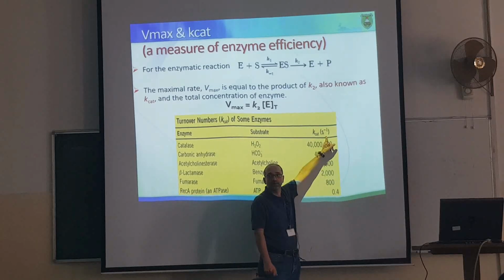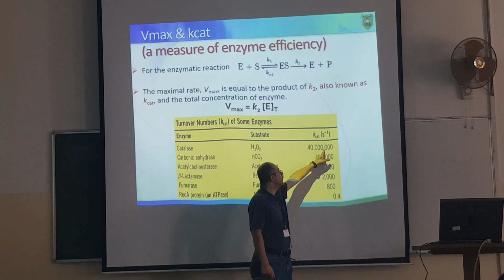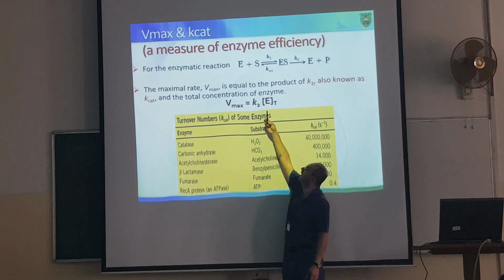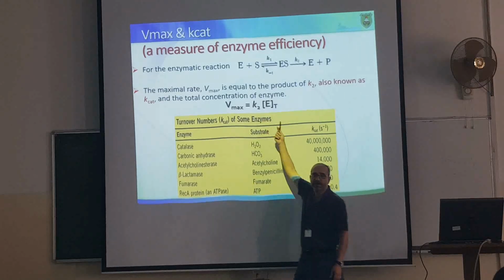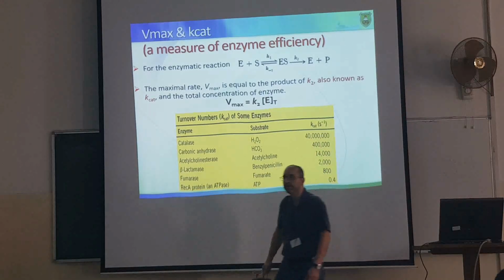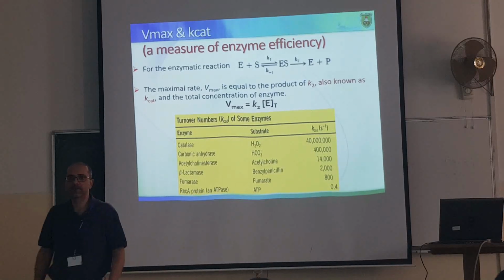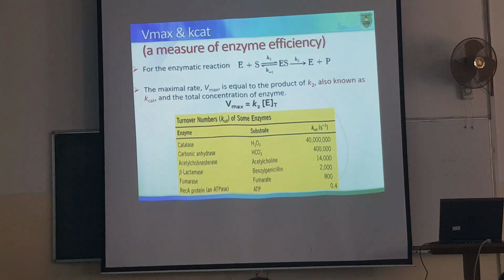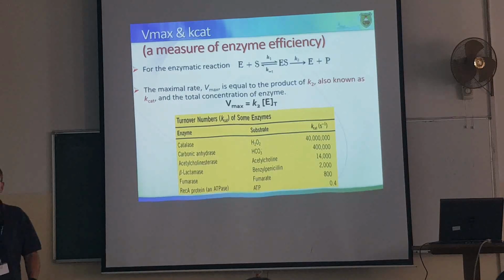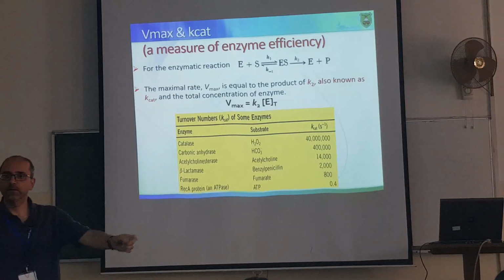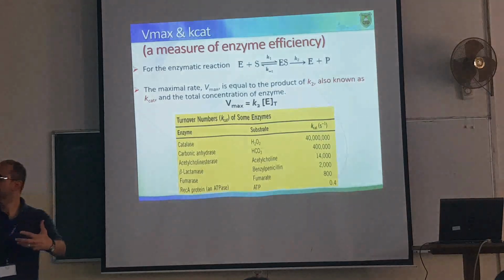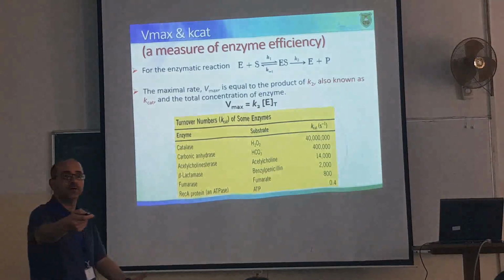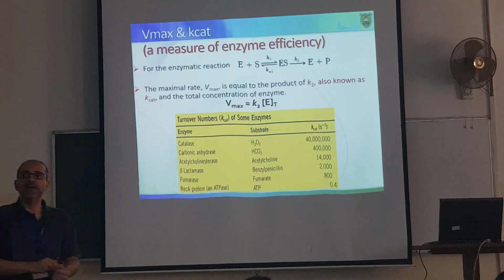لاحظوا اليونت per second. 40 مليون. شو يعني؟ أنا إيش عملت هذا؟ عملت هذا واحد. فأنا عمالي بطلع على إيش؟ انا ما بطلع على البي ماكس. الكي كات is a measure of what؟ Number of... قدرة الإنزيم. هي قدرة الإنزيم على إيش؟ Turn over. أيوه. Yes, to catalyze the reaction.